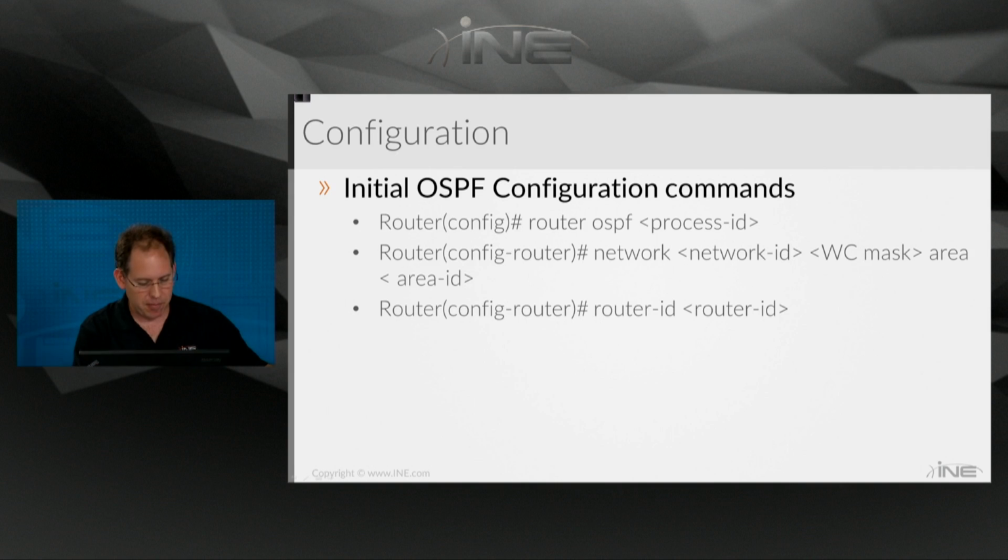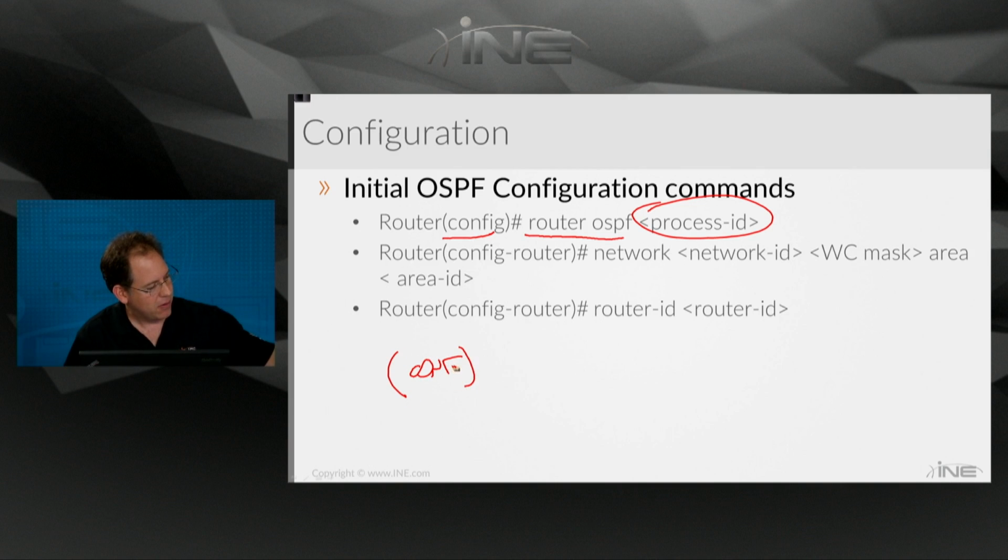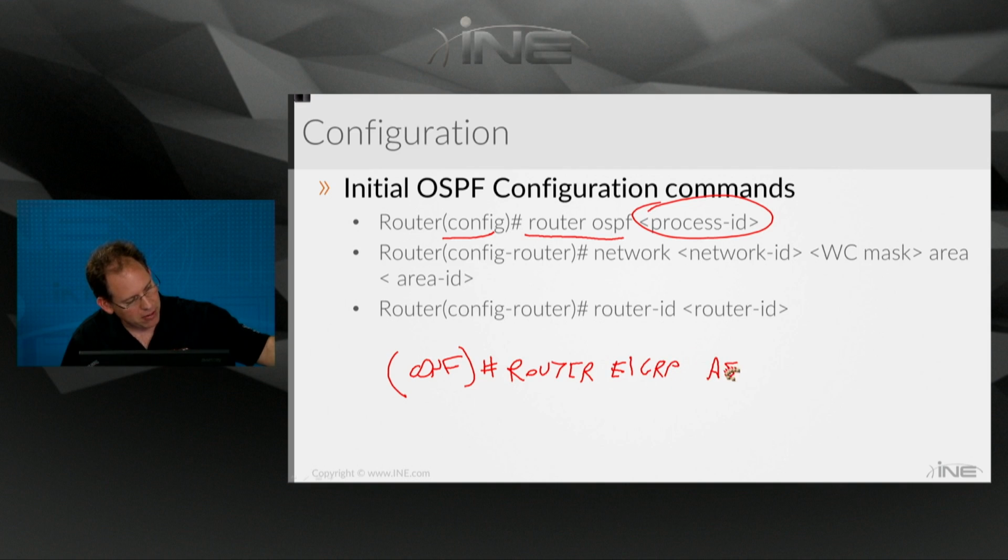So you would start out by configuring at the global configuration level your command router OSPF and then a process ID. Now I want to make a distinct difference between a process ID and an autonomous system number. In EIGRP, at the global configuration level, you typed router EIGRP,